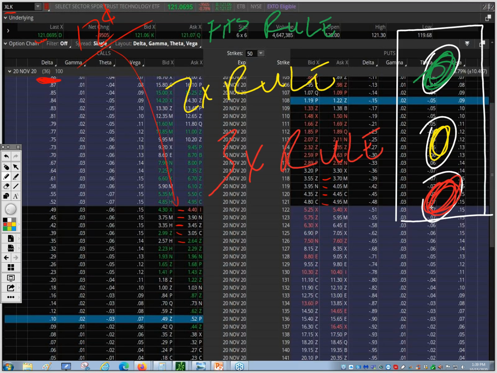That's just really wide. And what that means is there's not a whole lot of participation in there. There's not a whole lot of eyeballs in there. So I'm going to have to give up probably 20 cents from the offer to make that really tight, because that guy in the bid is probably not going to come and meet me in the middle anytime soon. He might give up a couple of pennies, but for the most part, he knows he's the only one making a market. So it's going to be harder to get a transaction going. If it fits the rule up here, I should make that green.